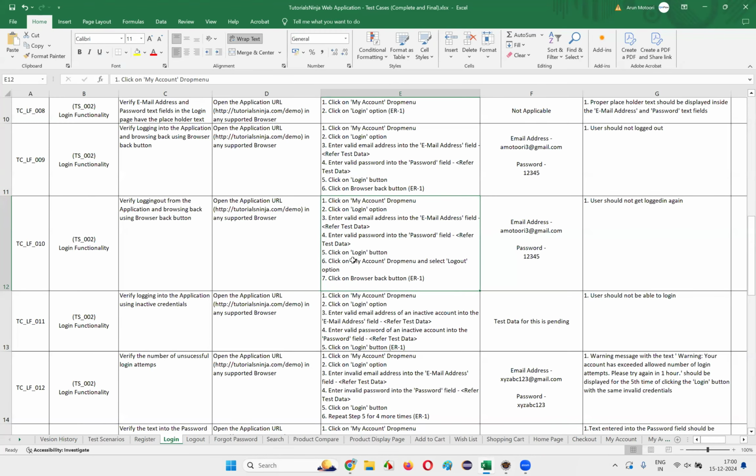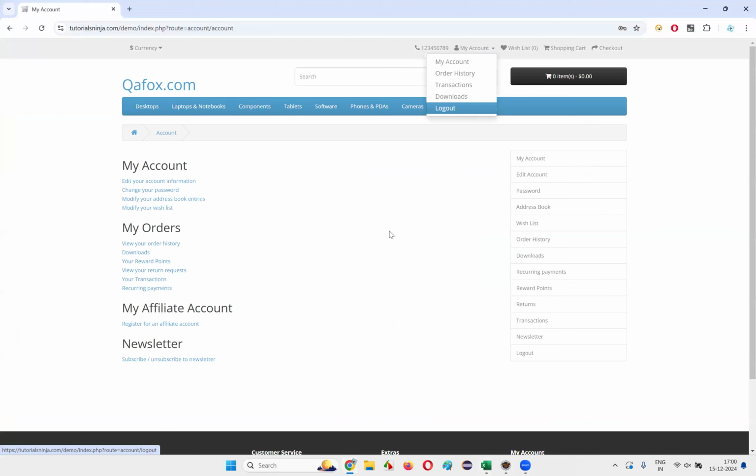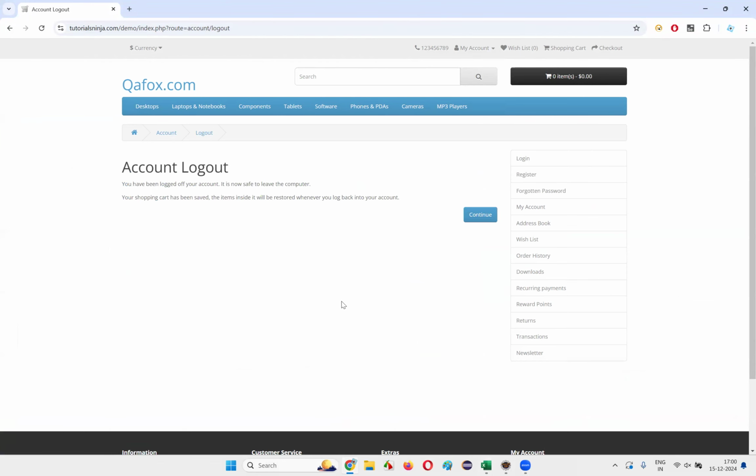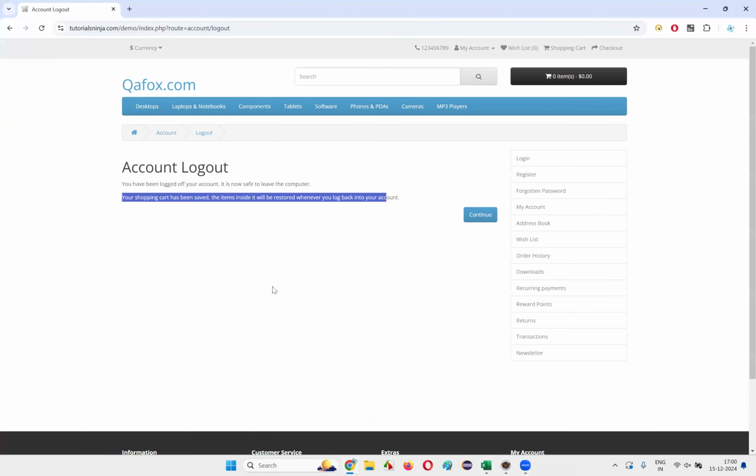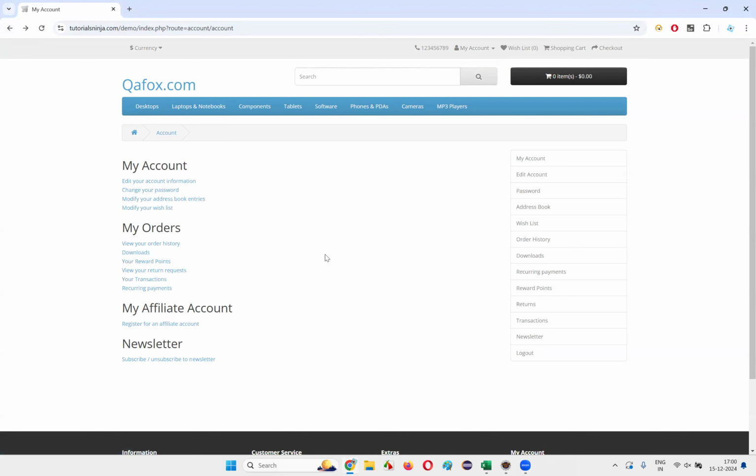You need to select the logout option, or you can even select the logout option from here. Anything is fine. Once you log out, you get Account Logout: you have been logged out of your account, it's now safe to leave the computer. Once that has come, click on the browser back button. In this state, it may look like the user got logged in, but